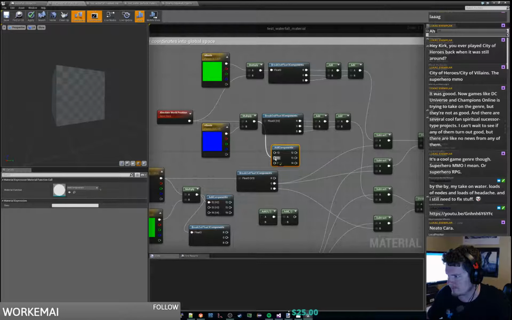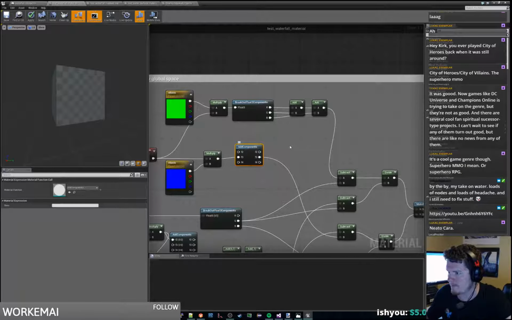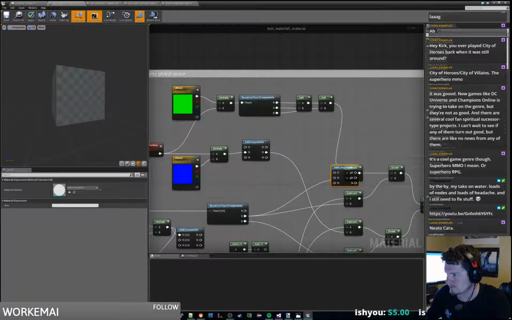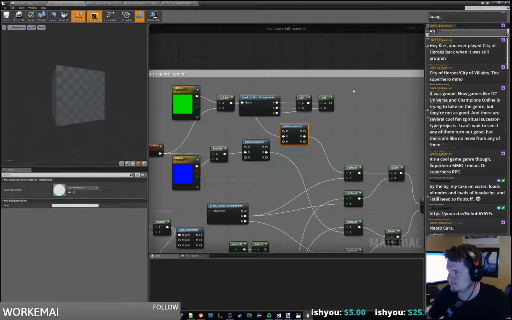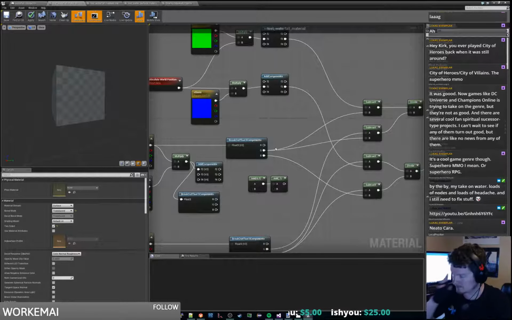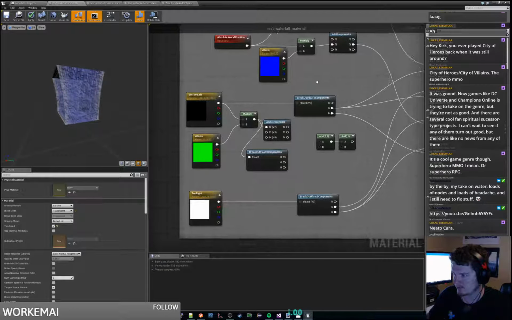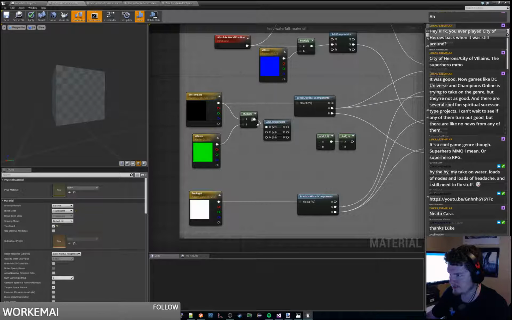So we throw in a float 3 and then take the float 3 out. So we can do something like this. Let's just make sure it works. Yes, it appears to work. Okay, so we don't need to do this. We can just take this float 3